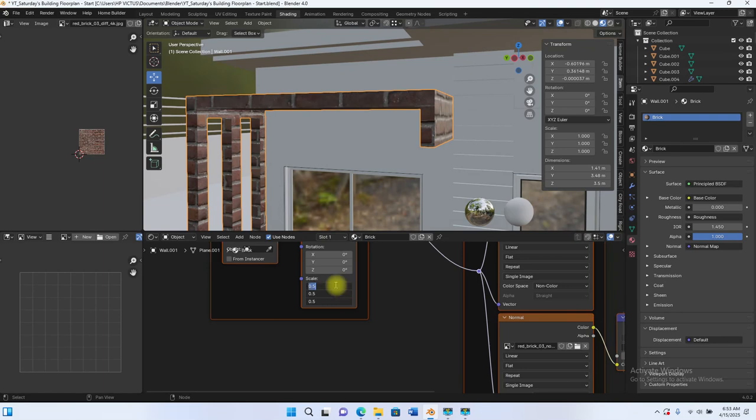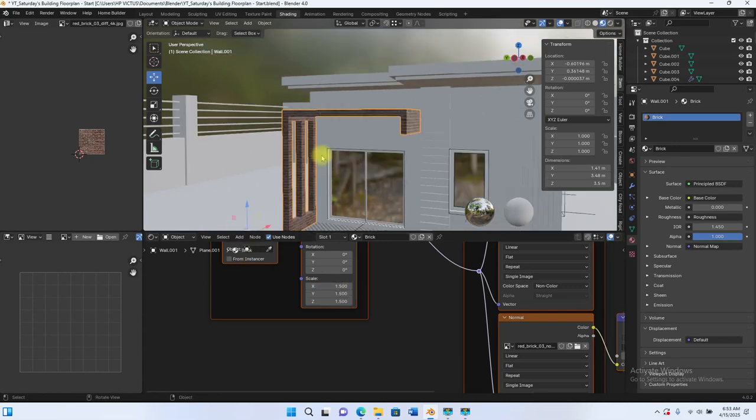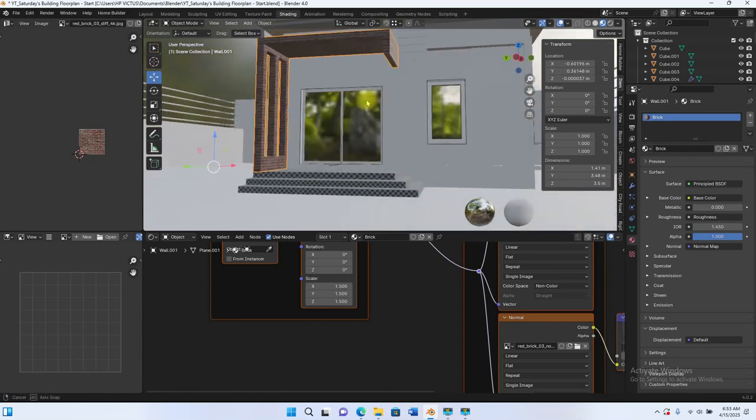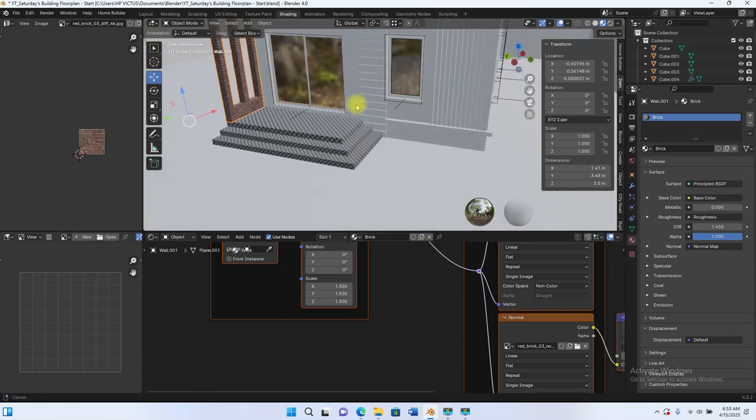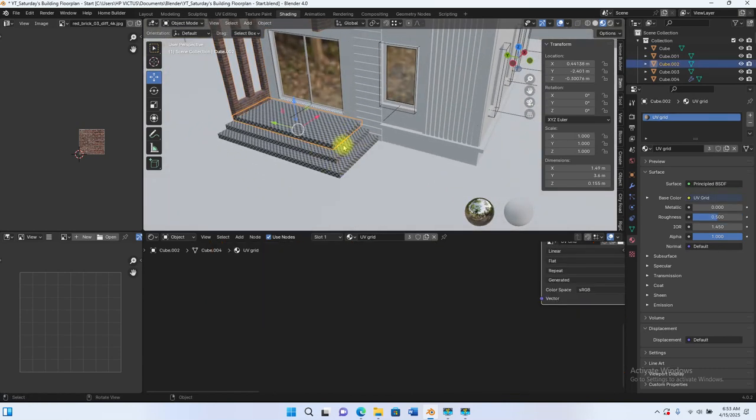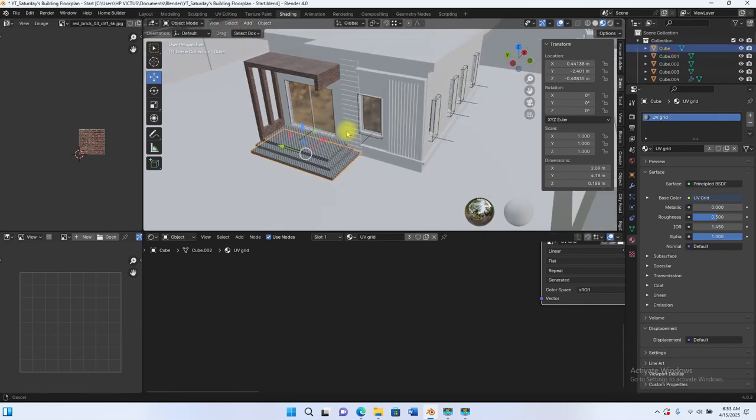So it's up to you what size, and if you also know the size of the brick, you can also just do your calculations. But hey, I don't have the time for that, so I just eyeball it to see what works, and that is that here. And now for this one, I could also give it a texture, but don't forget this is